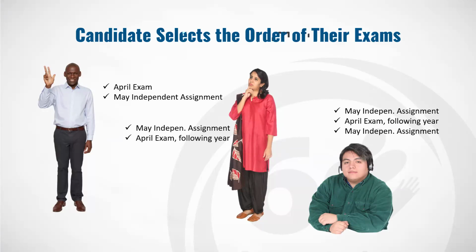But it turns out in May, he did not successfully pass the independent writing assignment. So guess what? He can take it again the following year at no penalty, no foul, no harm done. He just comes back and tries again. And remember, you've got 3 years of candidacy, so you can pace out when and how you want to take these exams. And if you're not successful the first time in an exam, dust yourself off, come right back to the table, and tackle that puppy again next year.